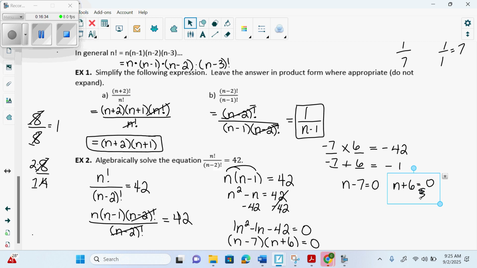So I can't skip that step. You might be like, well, that's crazy. That's if you want full marks. I can pretend it's not true, but it is. Okay? All right. Then instead, you can add the 7 over, or you can go to this. They don't care. That's fine. All right? You can subtract the 6 over by showing it, or you can just go right to n equals